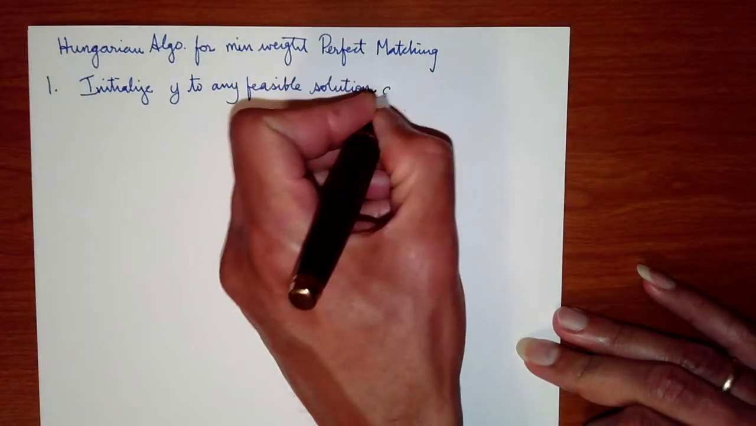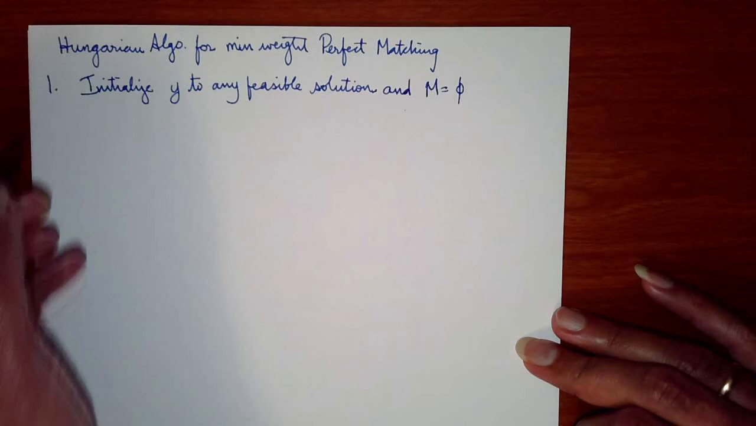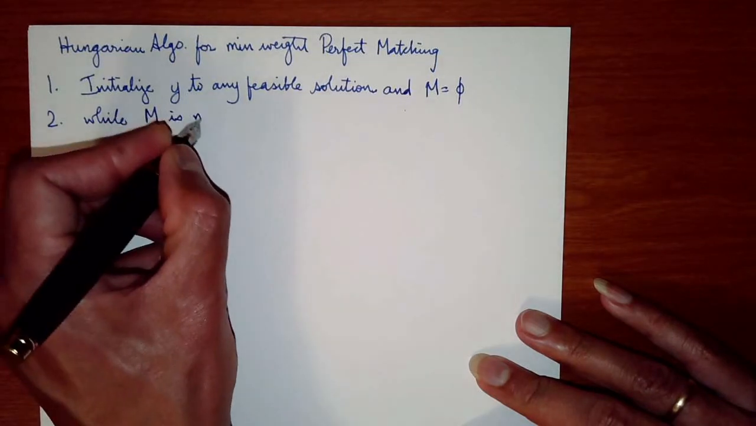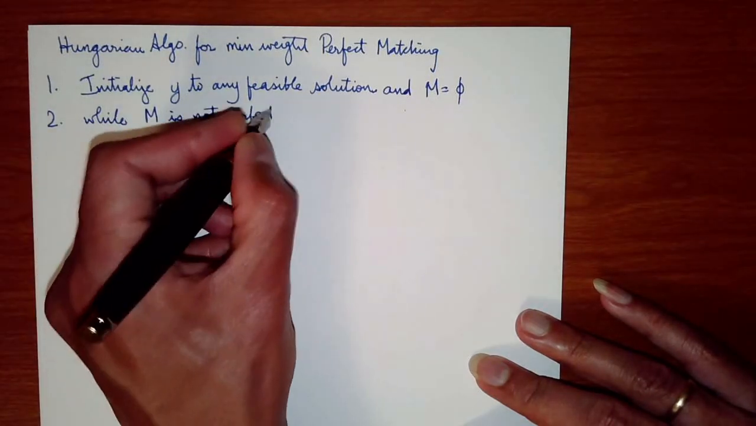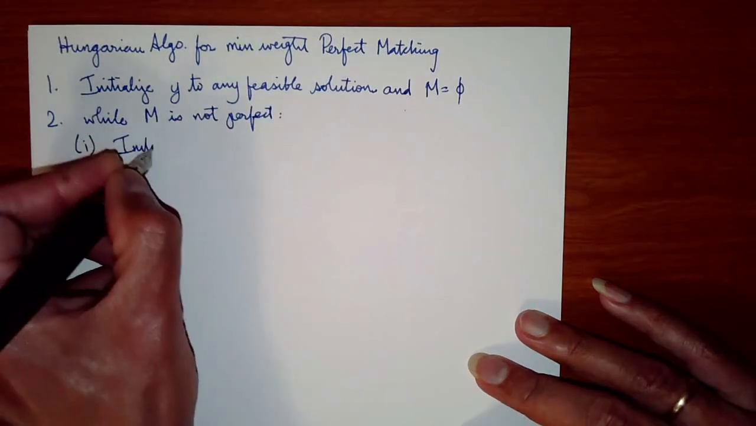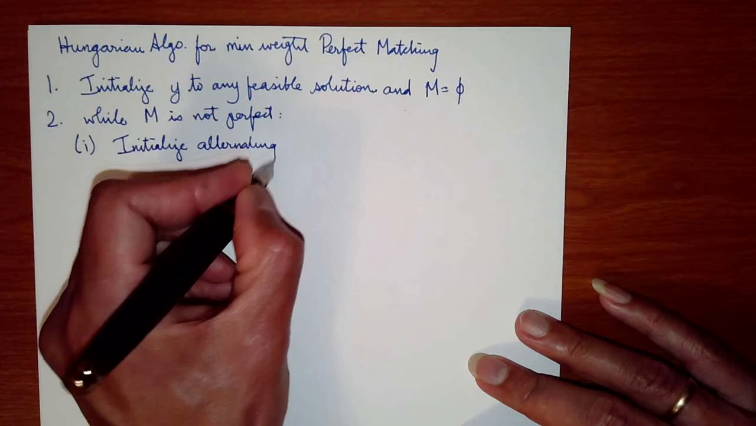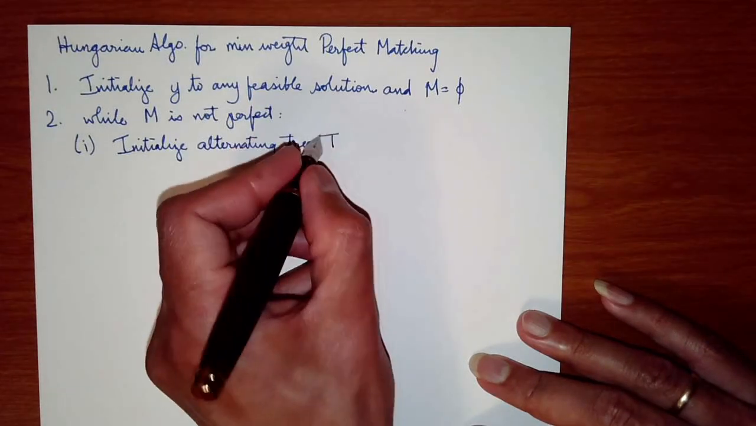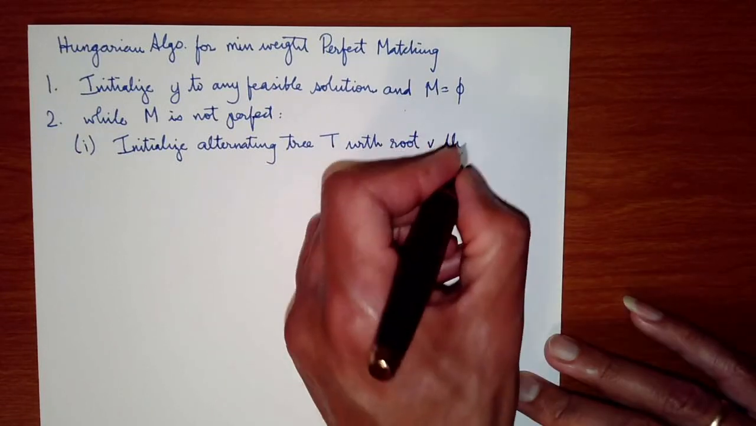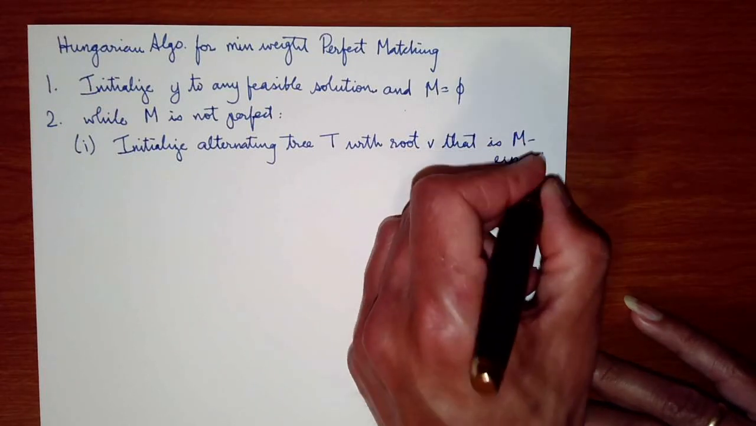Initialize M to be any feasible solution and the matching to be the empty set. And then we'll just say while M is not a perfect matching, we initialize the alternating tree T with root v that is M exposed,